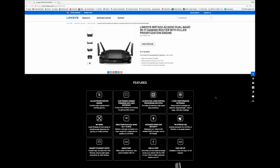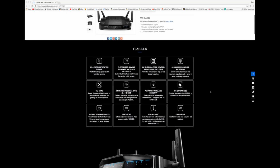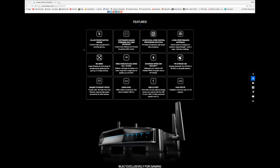WRT32X. So this is a dual band Wi-Fi gaming router. It's got this killer prioritization engine. The actual model number is the WRT32X and -UK if you're in the UK. We've got plenty of really good specification here. If we look at this feature panel on your screen now, we've got the killer